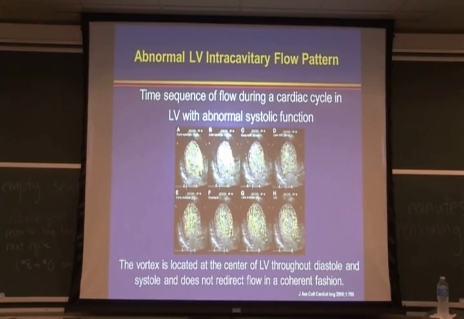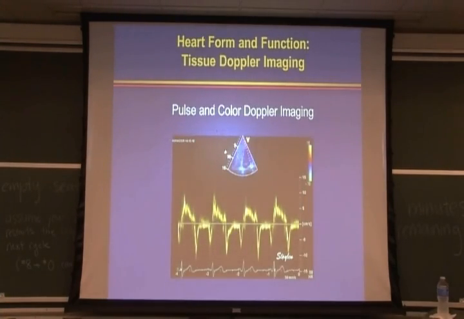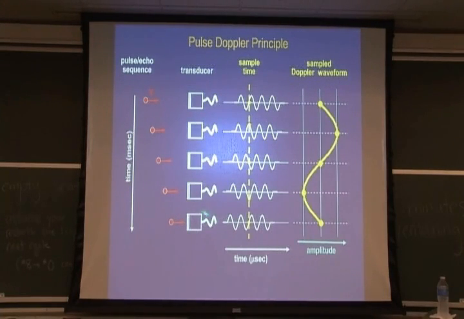So all these things can be studied by the newer modalities, and one of the newer modalities which we'll talk about is tissue Doppler, and how we can apply this in studying the myocardial fiber orientation or myocardial fiber motion, myocardial velocity and deformation. So tissue Doppler basically follows the Doppler principle. If we put a gate in the heart and put the point of interrogation using Doppler, it gives different kinds of velocity. Basically, it follows the Doppler principle, which shows the shift in the frequency